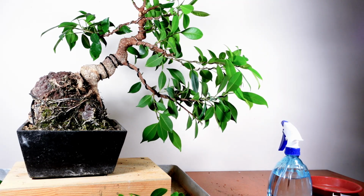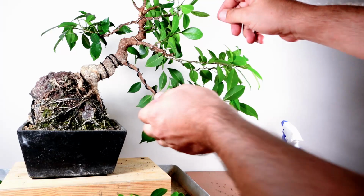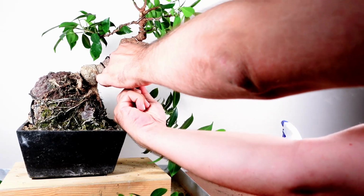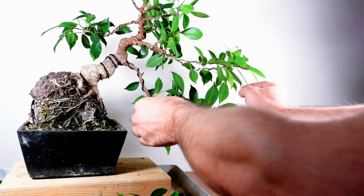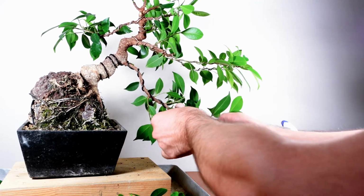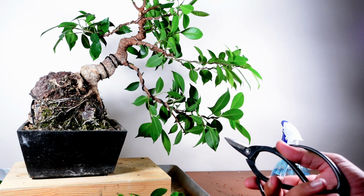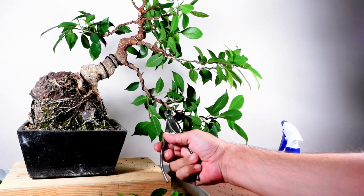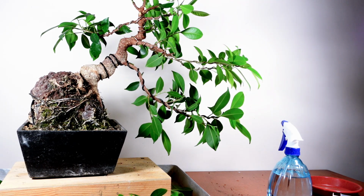And let's see, now that I can see a little bit better, I can decide what to do with it, because I want it to go. You gotta love this microcarpa. They're just behaving a little bit like a conifer. You can twist and bend them just so fast and easy. I'm gonna take out this branch that was growing straight down, and now